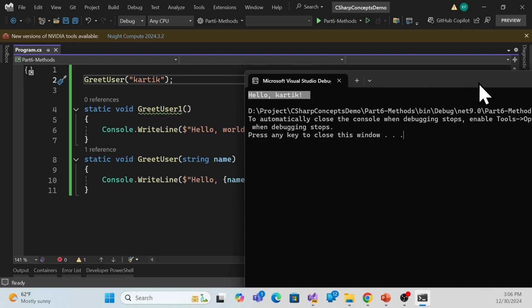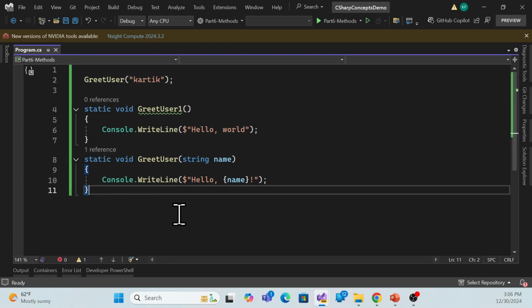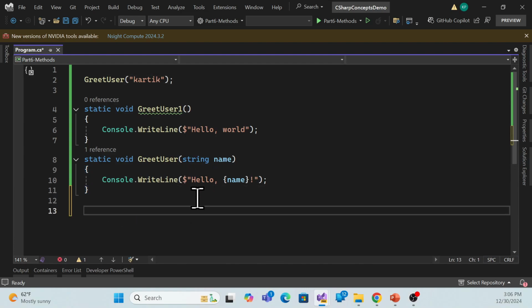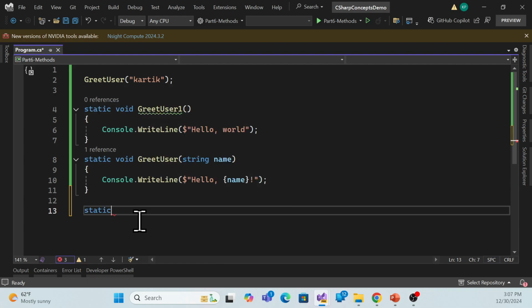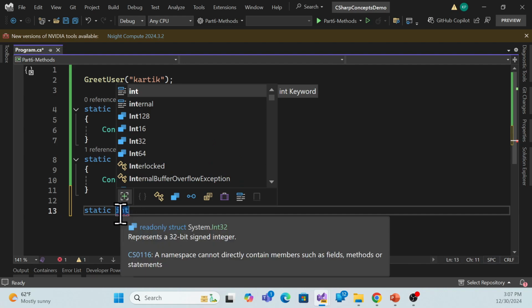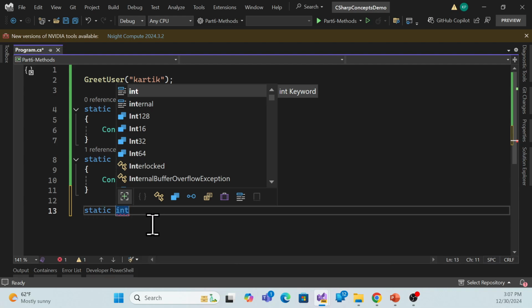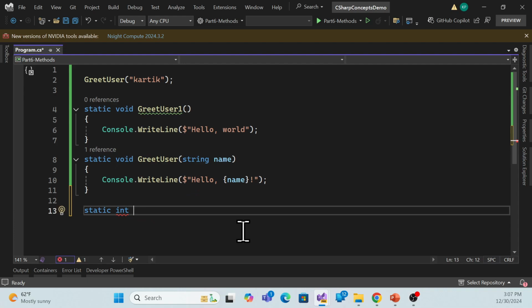So this is about return types. Now let me create another method which has a return type. The previous one does not return anything; if you see void, that means it is not a return type. Now I have to create a return type method. How can we create that? Again using static, and this time, if I want a return type, I definitely have to set a data type, which will be returned by this method, like we defined for our variables. Similarly I do an integer,